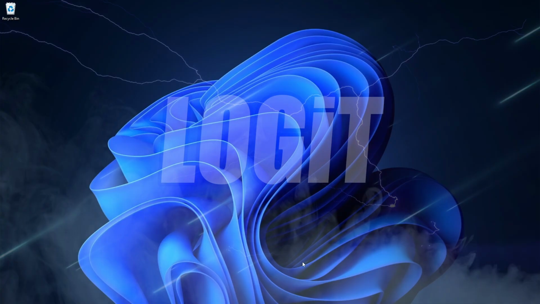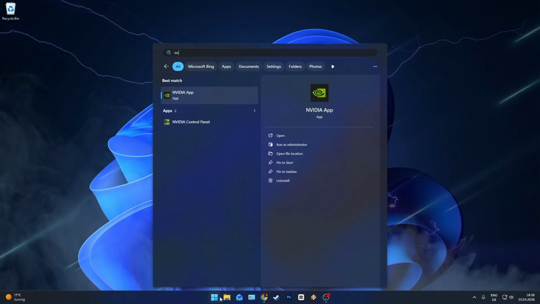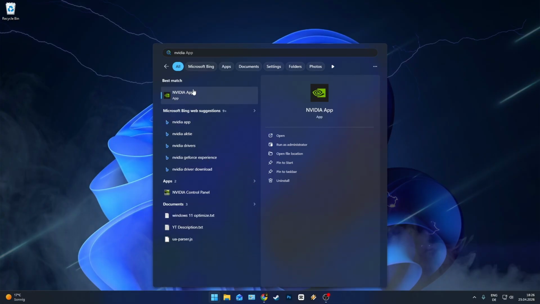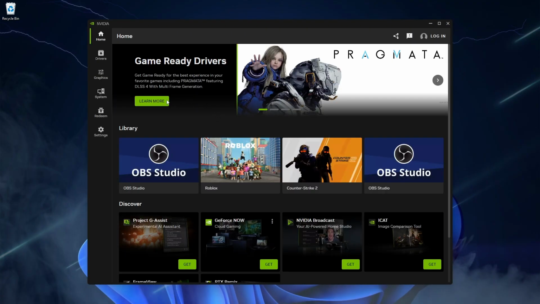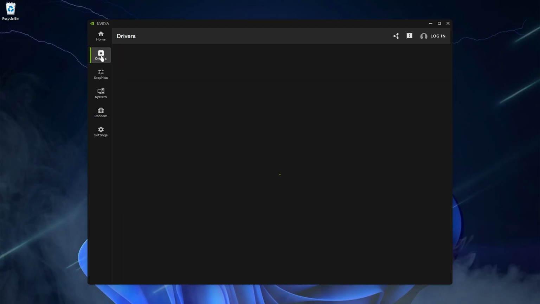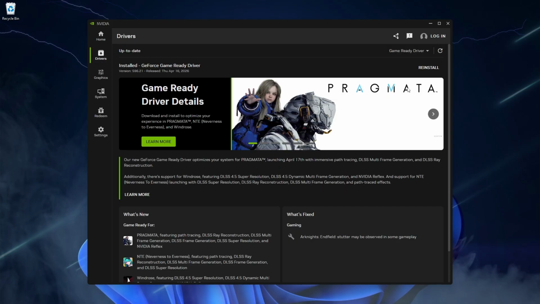Now you need to update your GPU drivers. Go to Nvidia, AMD or Intel's official website and install the latest drivers. New drivers often include performance improvements and optimization for newer games, so this can actually give you a noticeable FPS